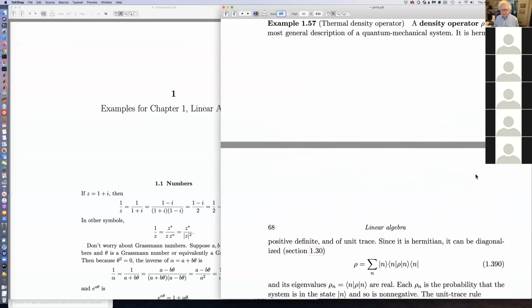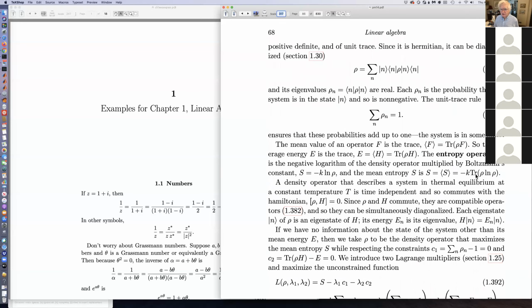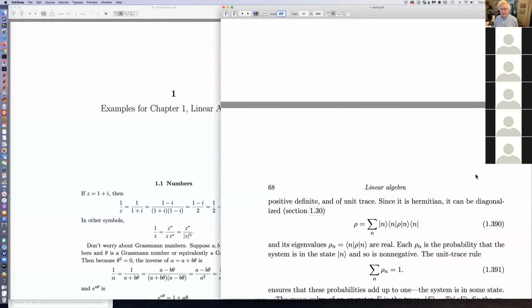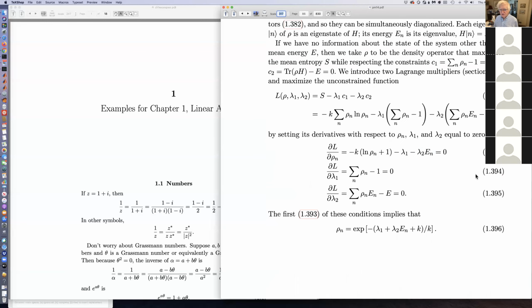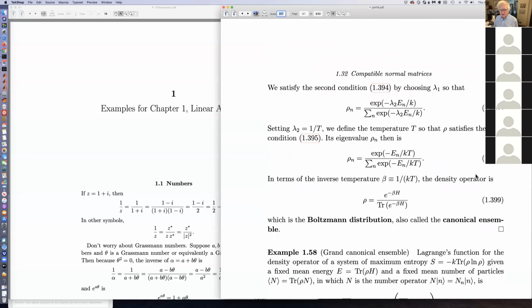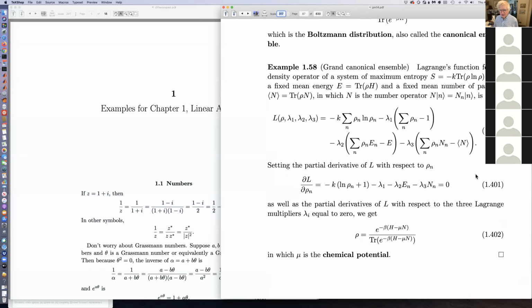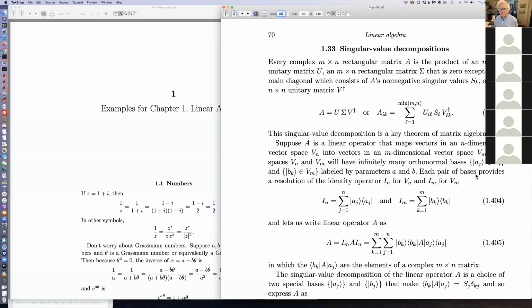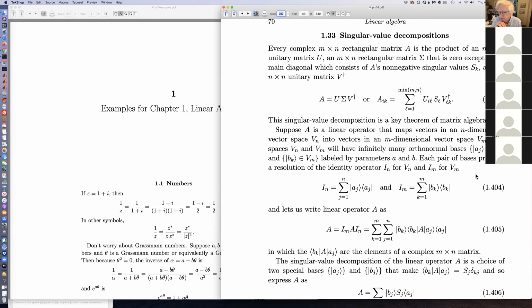All right, let's skip some of these examples. That's an example of density operators. I'm happy to talk about them, but I think we need to get to the singular value decomposition. So let's go through this. It's actually pretty simple, and I keep thinking that I need to make it even simpler. But anyway,